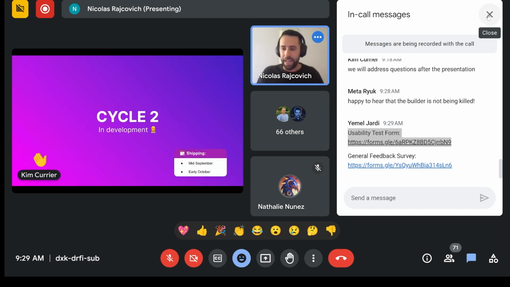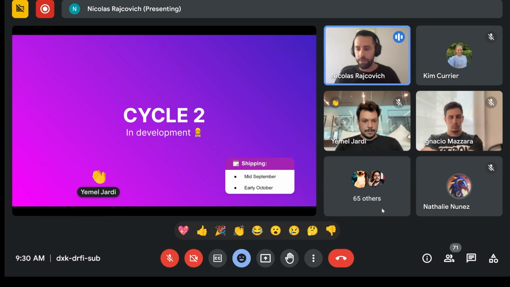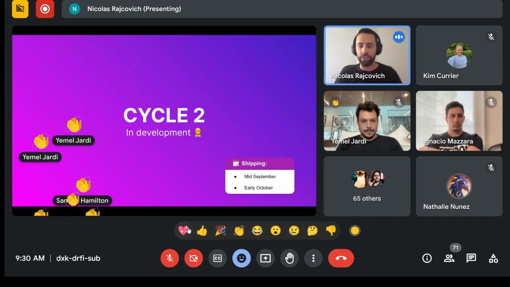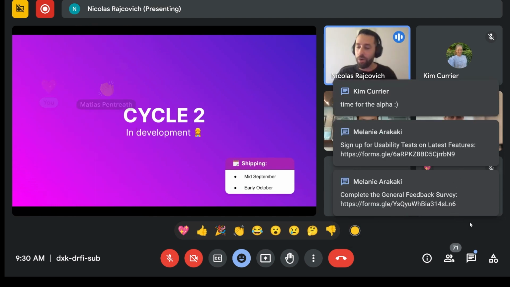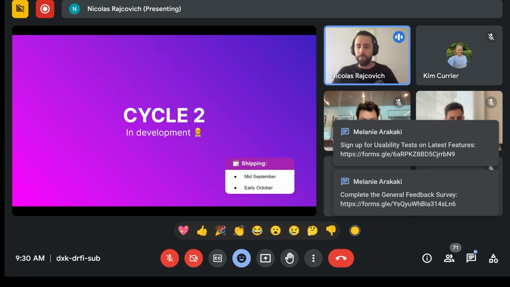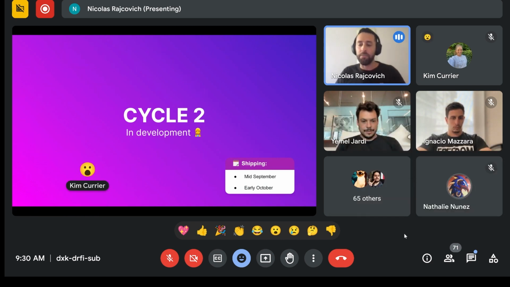Well, up to now, this is all the present. This is everything that is already out there. So let me share a sneak peek and a little alpha of the things that we are working on right now. This is currently in development. You can expect to see these new features live. Some of them will be live around mid-September and other ones around early October. So you can expect this type of cadence from us, and from now on you can know the things that we are working on and what to expect as improvements in the platform.